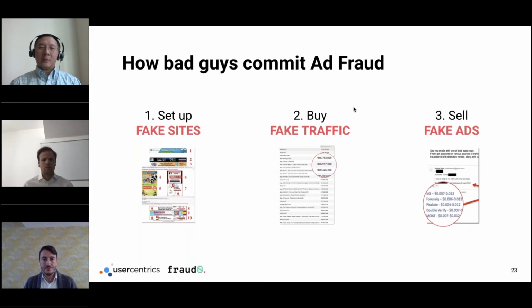Over the years, because of programmatic advertising or programmatic technologies, the advertisers are not going to big publishers and buying ads directly from them. Previously, maybe 10 years ago, big advertisers would go to a publisher and say, can we buy ads and place ads on your site? So it would be directly negotiated. Now with programmatic advertising, we have things like ad exchanges or ad networks, which involve hundreds of thousands of sites, many of which people haven't even heard of before, right? When an ad exchange has hundreds of thousands of sites, it makes it easier for the fraudster to create many, many fake sites and make those part of that exchange